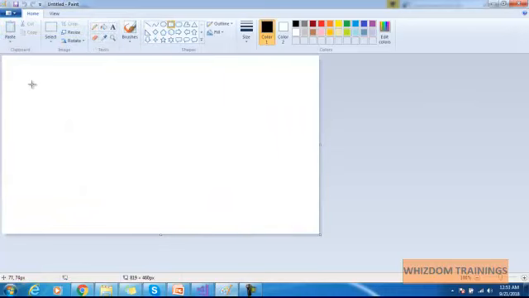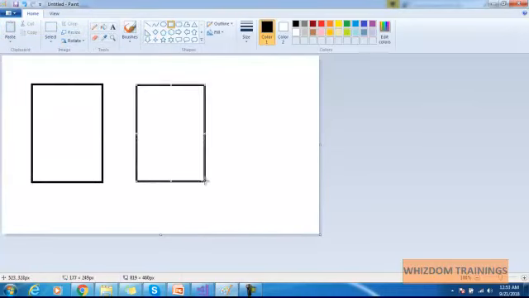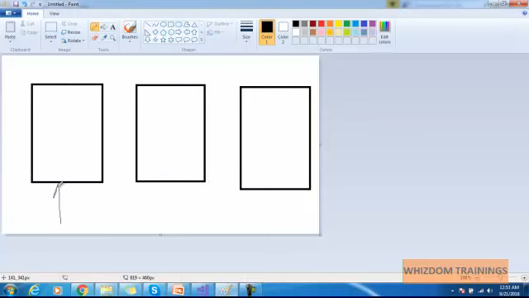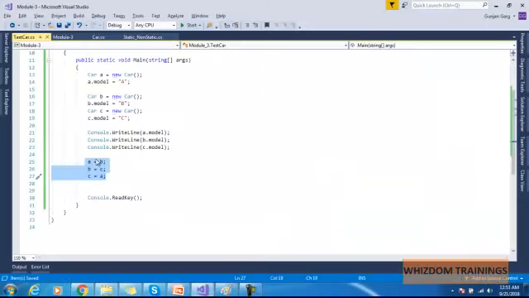Right now you have 3 objects of the car class inside the memory. First is your A object. A is pointing towards the first object, B is pointing towards the second object, and C is pointing towards the third object, right? Now when you write A is equal to B, so what happens is